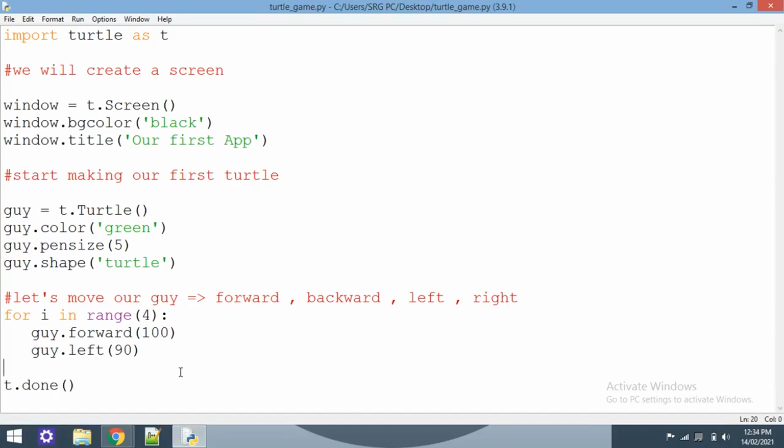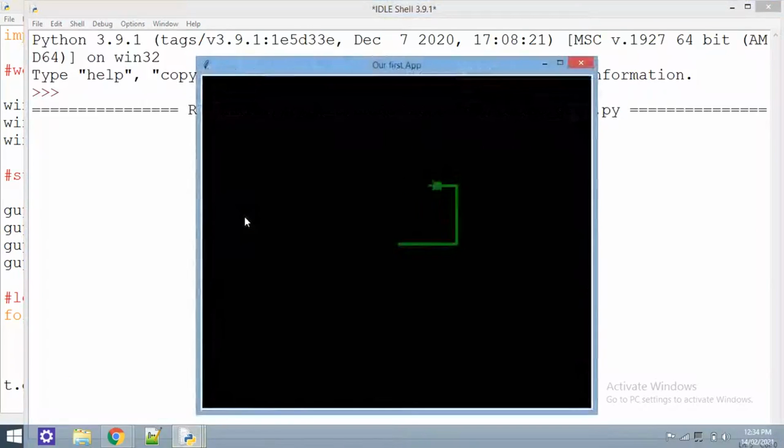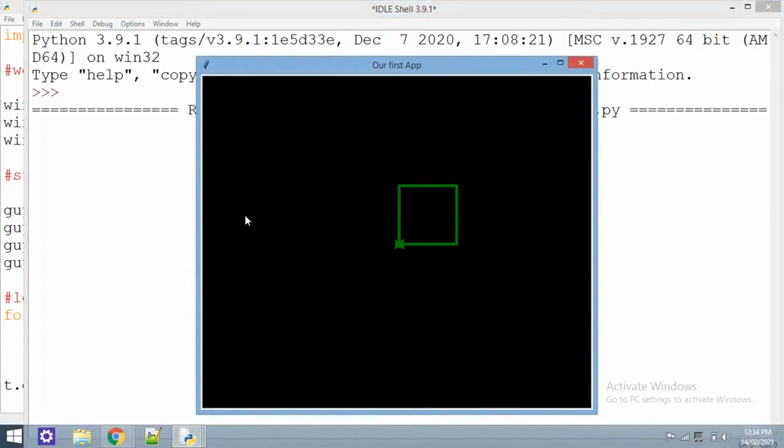Then it doesn't show any error. Okay, we have a beautiful square in front of us. So that's it. We have created a square using a loop.